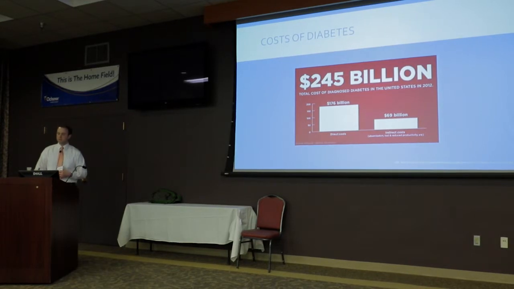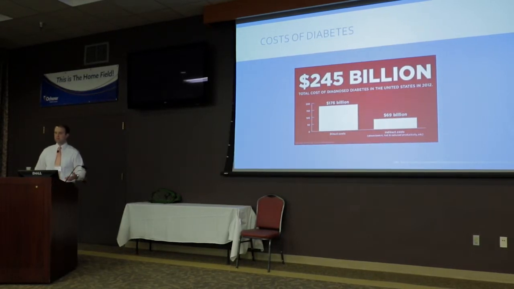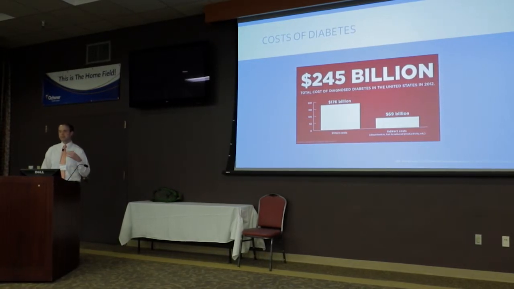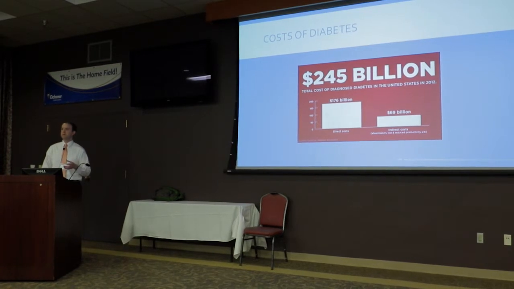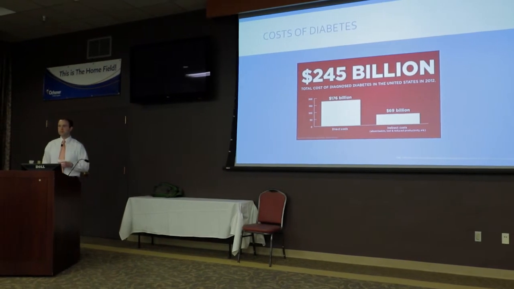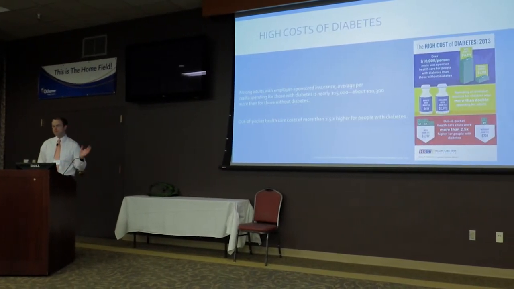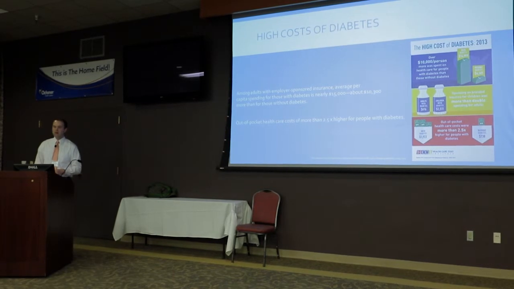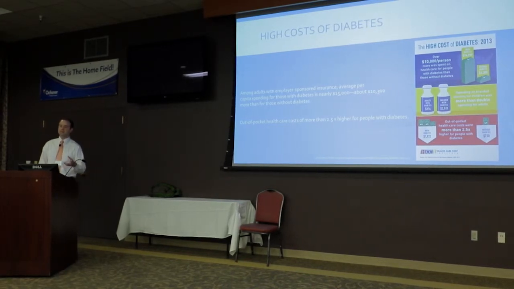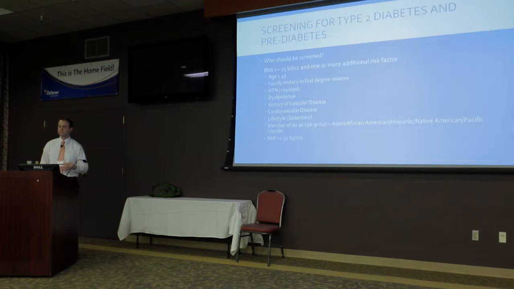So basically, this was in 2012. $245 billion was spent, and as you know, the United States has 17.5% of our GDP spent on healthcare. And as you can tell, when you spend $3 billion, that's actually 2014 money. So it's a pretty good chunk of change, if you will. And this is kind of the hammer in the point if I haven't already. Among adults with employer-sponsored insurance, average per capita spending for those with diabetes was $15,000, over $10,000 more than those without diabetes. This is actually a graphic from the AMA release from the Healthcare Costs Institute.